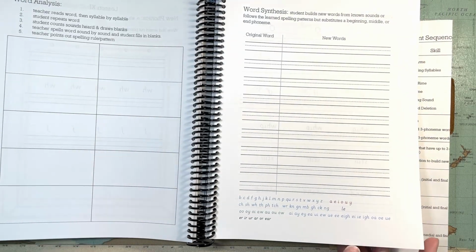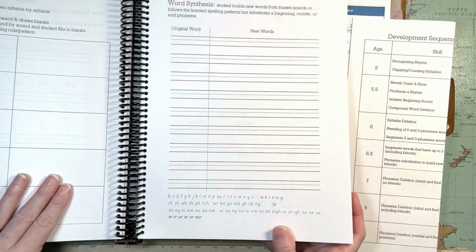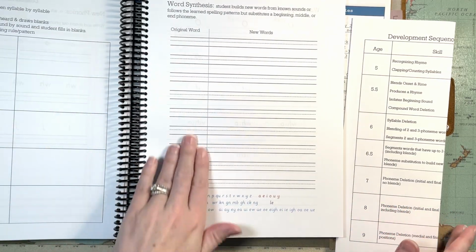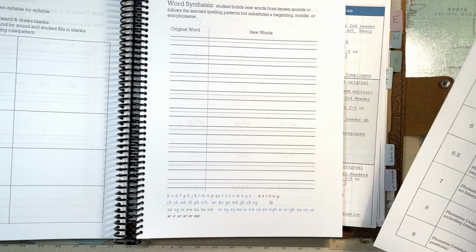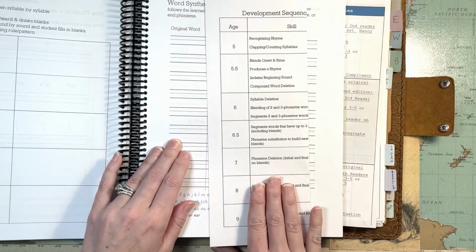word analysis. This is where I'm going to start talking to him about spelling patterns that we see. And then we've got word synthesis. They're supposed to be building new words. I have them write their original words, but then build new words with sounds that they already know. That was what was recommended by the Eclectic Manual of Methods, but I also am going to be using this